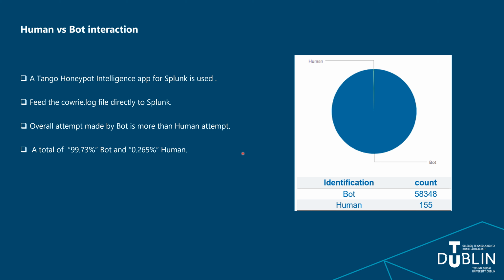So based on this analysis, Tango Intelligence gave a result that 99% of them are bots and only 0.26% are human. We can see the number of attacks here. Human is only 155 and the bot interaction is around 58,348. So moving further,